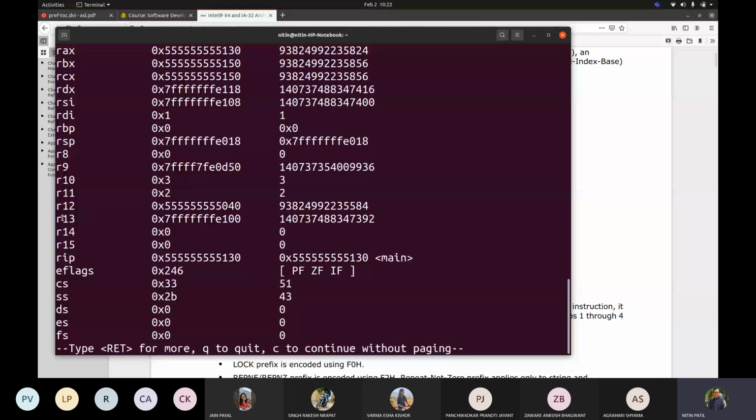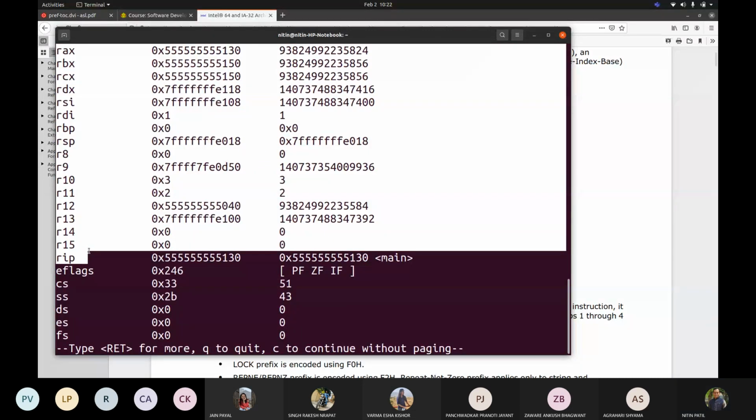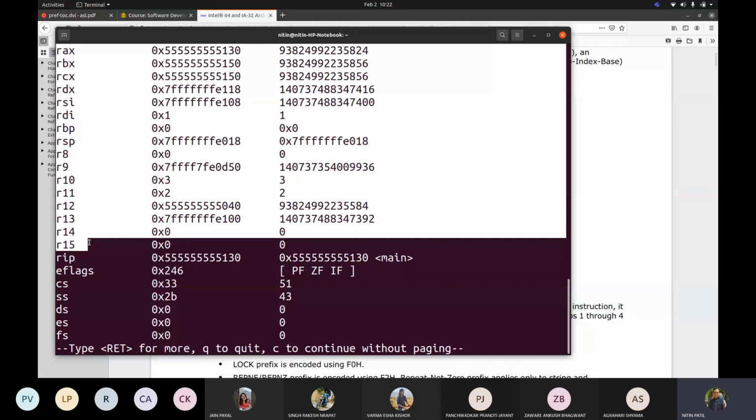Now you will see that these are the 64-bit registers that are added. Your regular registers were RAX, RBX, RCX, RDX, RSI, RDI, RBP, RSP. Now there are a few new ones, 8 again added, starting with R8, R9, R10 till R15. These are the additional registers.